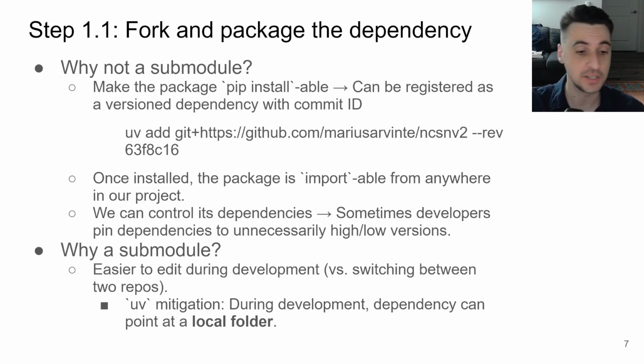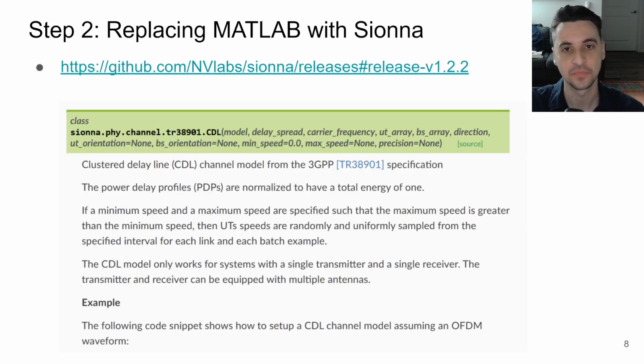But again, pretty satisfying experience with UV. Pretty much solves all dependency problems. The last remaining very big step was to replace MATLAB with Sionna. Now, Sionna is a toolbox open sourced from NVIDIA, very permissive license, no issues there, and it's specialized for